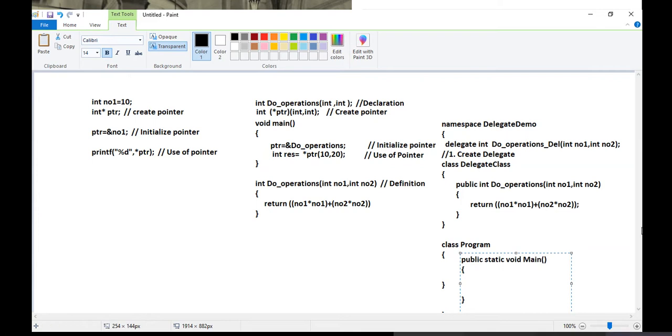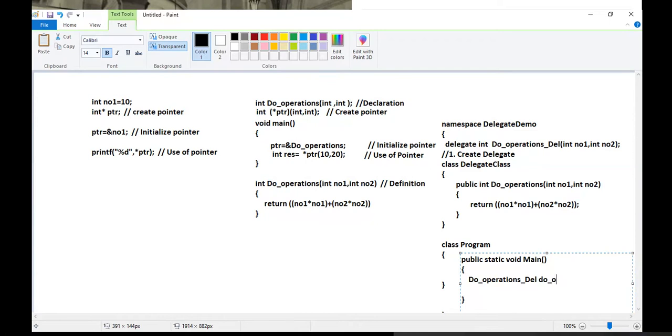Inside this we'll start writing the remaining two steps. What are those two steps? As I told you, instantiation of delegate. So what I will do now is create the reference of this delegate. What is the name? See, do operations delegate. Let's create a reference.